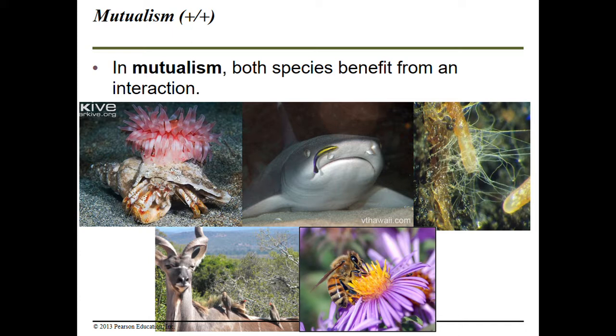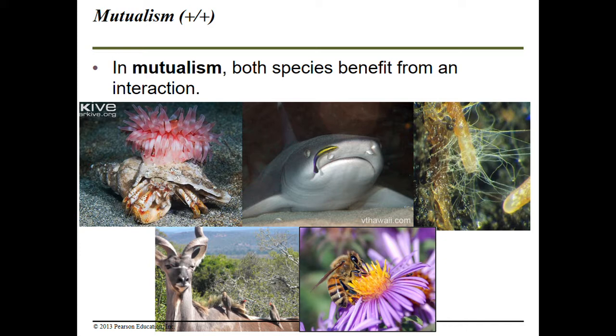The third picture, remember mycorrhizae, the relationship between plant roots and fungi, that's mutualism. So I won't get into that because I already talked about that in a previous chapter. And then right below that, we have insects and flowers. So flowers give nectar to insects. In turn, insects pollinate. So they spread the pollen, and remember pollen is sperm, to other individuals